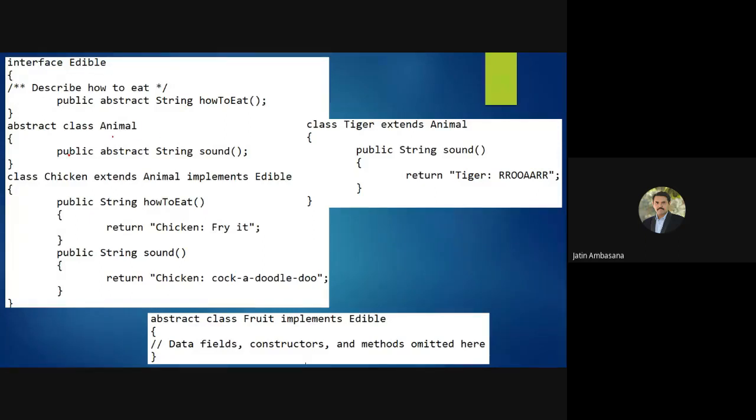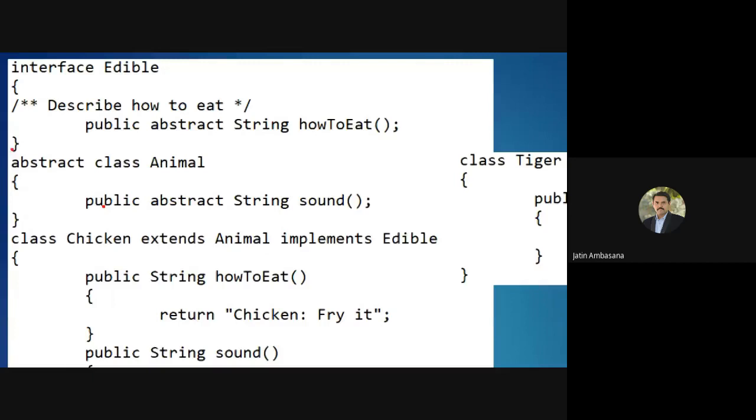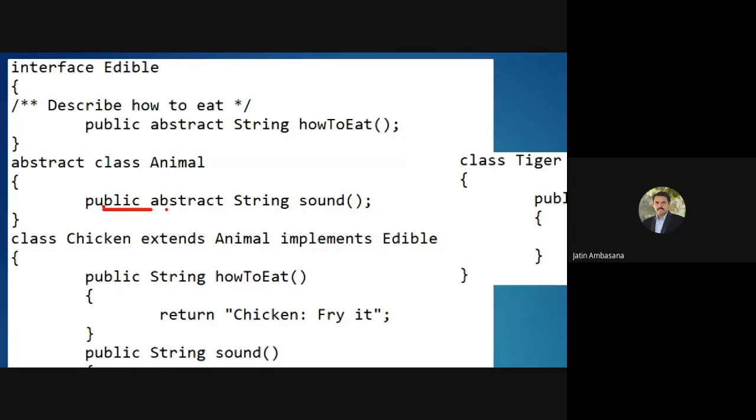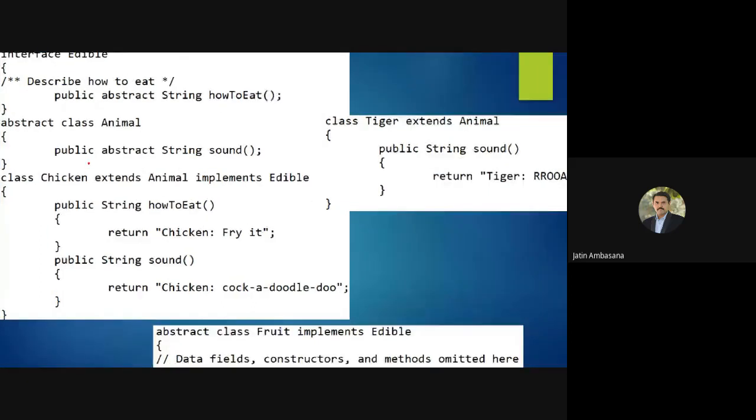Now, we also have an abstract class called Animal, which has a method called sound, which is also public abstract, returns a String, and the name is sound. Now see, we can implement both these things. We can extend from the Animal class.